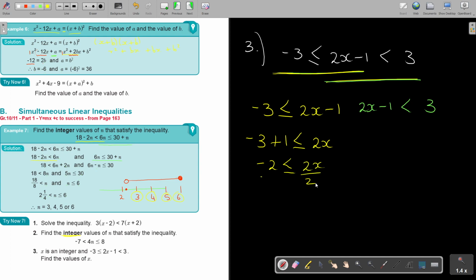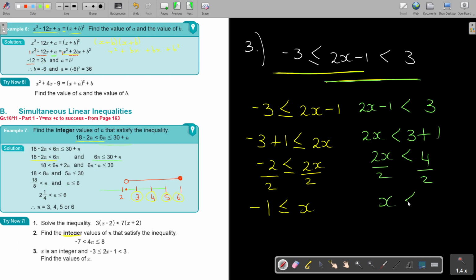And I divide 2 and I divide 2. So I get the value of x is bigger than negative 1. And then this one, 2x, 3 plus 1, so 2x is 4, divide 2, so x is smaller than 2. And if I put it now together, I'm going to say x